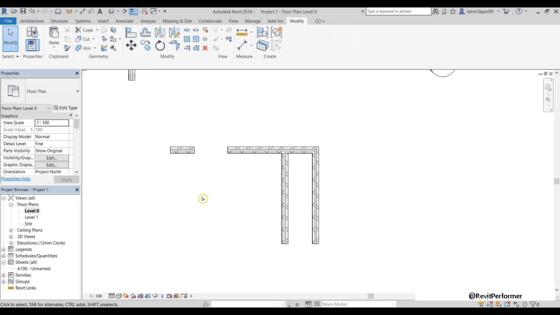There's a quicker way of doing this, of course, so I'll just undo what I've done. When I select my split elements tool in the options bar, if I tick on delete inner segment, now when I place my segments, the intersection deletes. Beside that, we have split with gap, where we then in the options bar specify a gap. So if I enter in 100 millimeters for an example, every time I click, it will automatically generate a 100 millimeter gap between those elements.